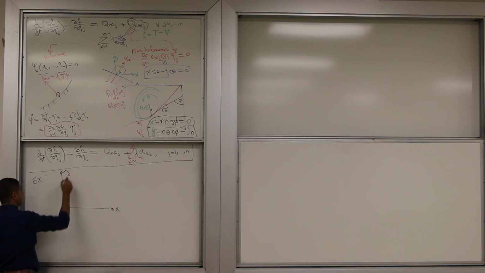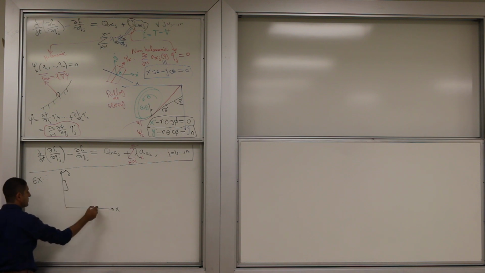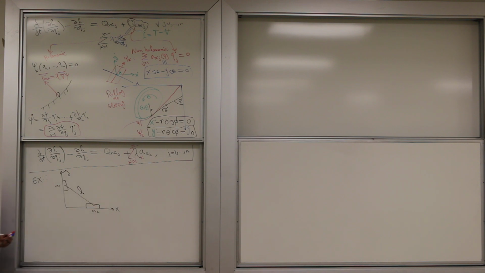X and Y, mass 1, mass 2. And they are constrained by a rigid constraint of length L. How many degrees of freedom do we have? How many degrees of freedom? In total? 1. Anybody doesn't see that it's 1? Okay? So it's 1 degree of freedom. If I can solve